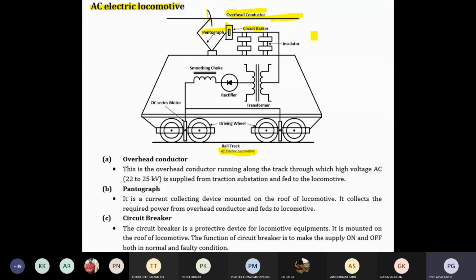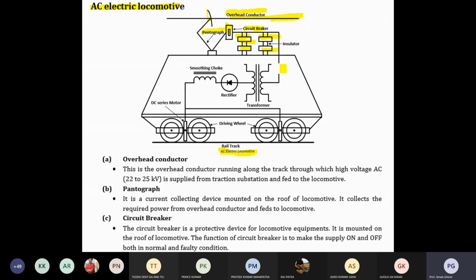Okay, so that's why one isolator will also be there at the circuit breaker. If any kind of fault or difficulty arises, you can directly open that circuit breaker. After the circuit breaker, on the roof of the railway motor coach, you know there are a lot of insulators. The insulator carries the conductor from the pantograph to the circuit breaker and then to the inside